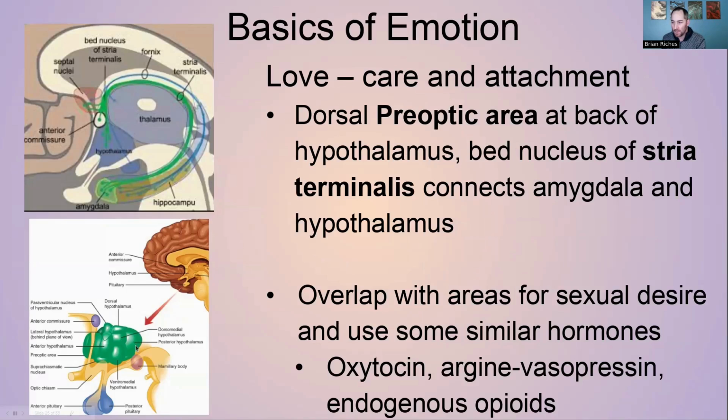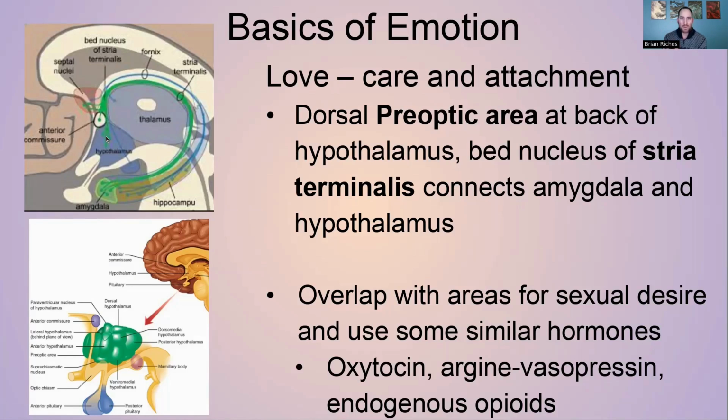So dorsal preoptic area and the bed nucleus of the stria terminalis. So that is right over here. I think it might be on the other one below. Nope, it's up here. And that area, the bed nucleus, and some of these images put it as